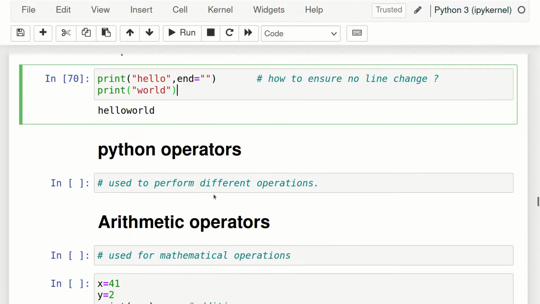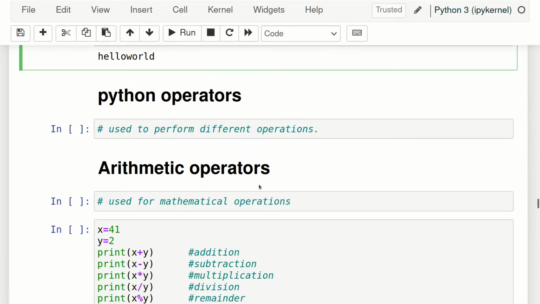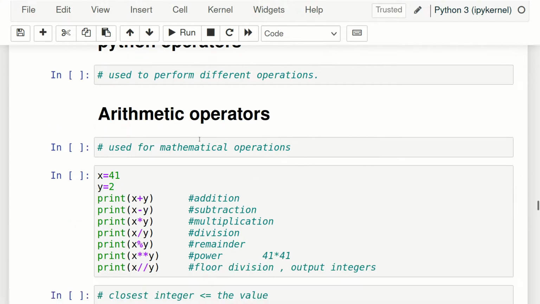Okay, moving to Python operators. These are very simple. Python operators are used to perform different operations, and we will see all the operations one by one. The first one is arithmetic operators.